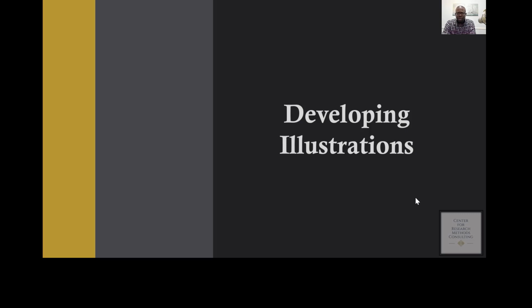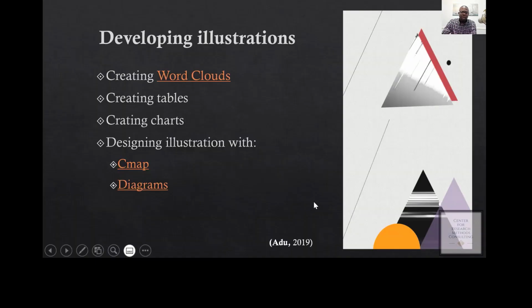Okay, so let's get started by discussing ways that you can develop illustration. There are many ways that you can do illustration. The most important thing is to be creative, right? And use the tools that you are familiar with, and make sure that you are not complicating